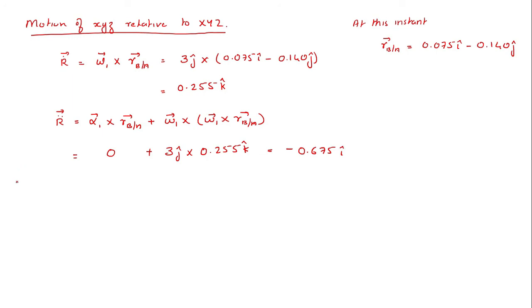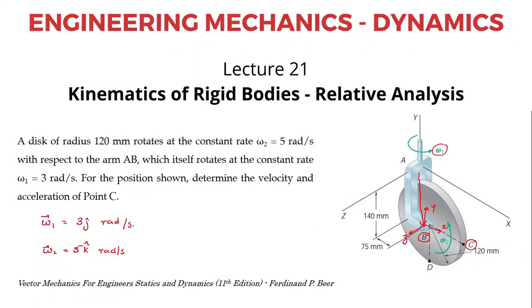Now we'll be interested in finding the motion of the point C relative to the secondary reference frame, small xyz. So the velocity with respect to the secondary reference frame, v small xyz. If you see the figure here, this point C is undergoing rotation with an angular velocity omega 2 equals 5 radians per second. So if I know the vector r_BC,